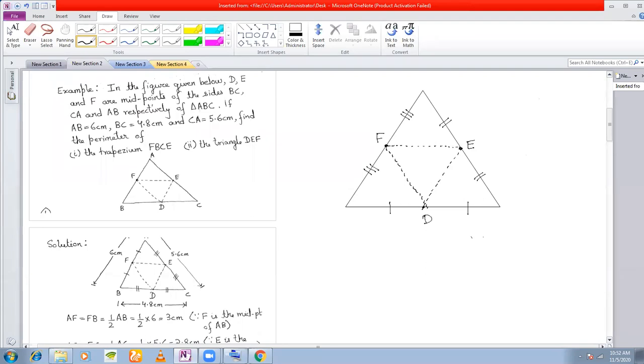Now, also given is that the length of AB is 6 centimeters, BC is given as 4.8 centimeters, and CA is given as